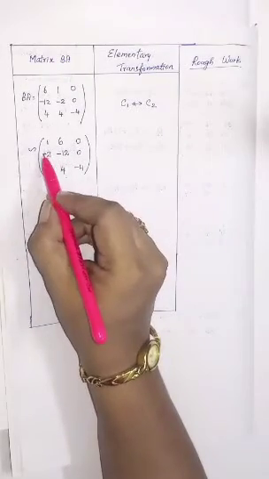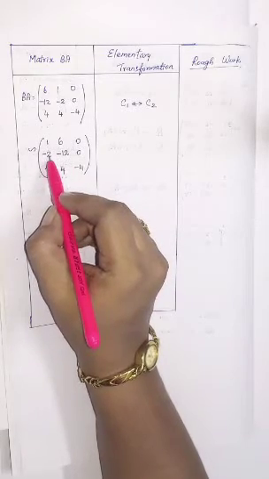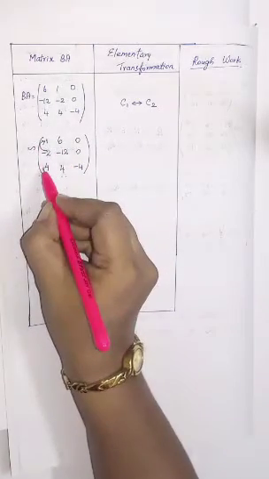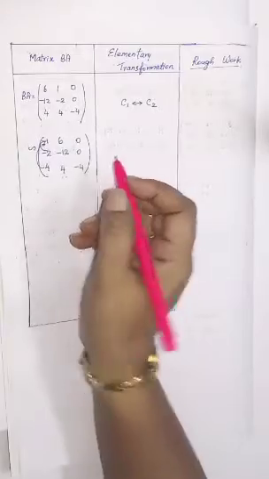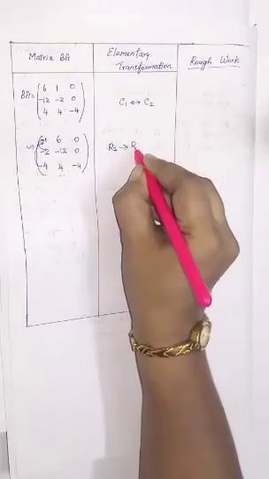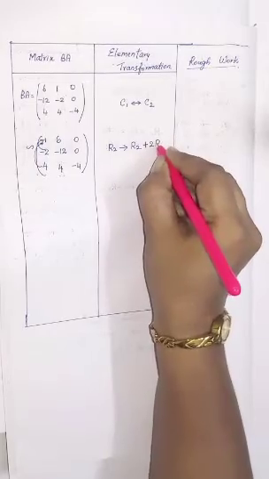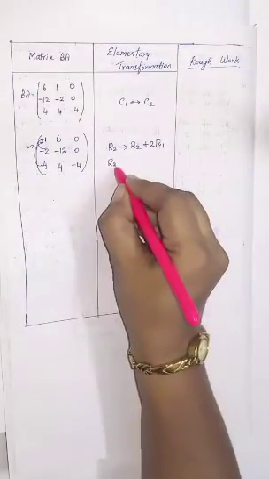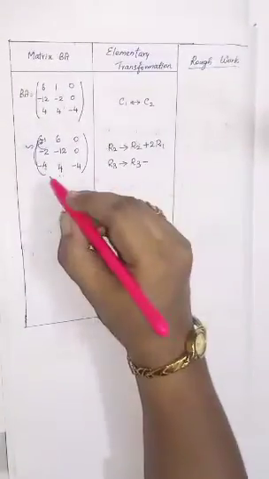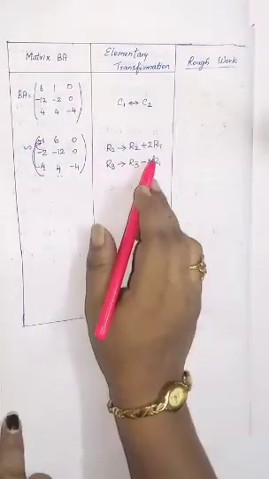Now your second row first element should become 0. Same way, third row first element we should make 0. For that, here 2 is there, so multiply this 2 with row 1 and then add it. Again multiply this 4 with row 1 and subtract it. Row 2 gives row 2, since the minus is there, we'll have to add it. So plus 2 times R1. Again R3 is row 3, since plus is there, we'll have to give minus, so minus 4 times R1. We'll just do it in rough work and get the answer here.